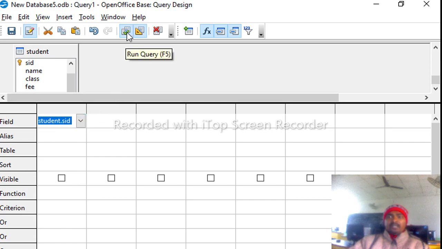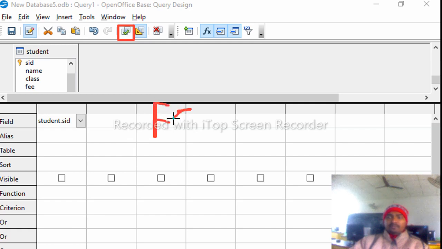You can see here run query. This is the option for run query, or you can press the shortcut key F5.